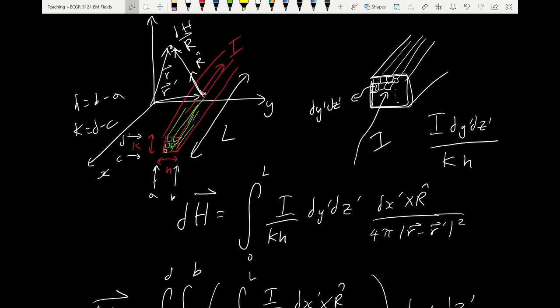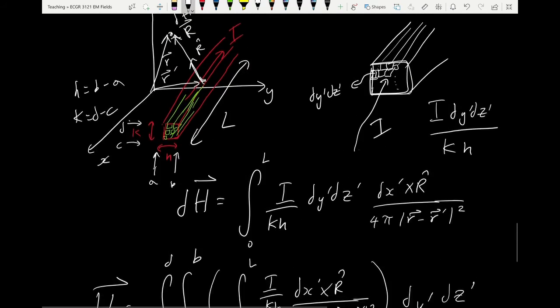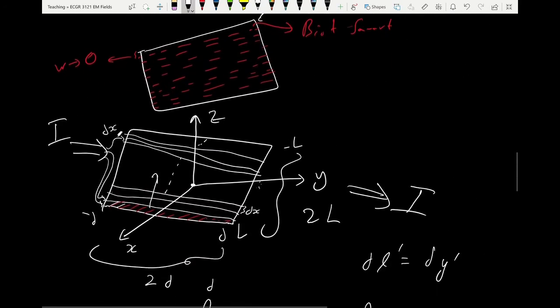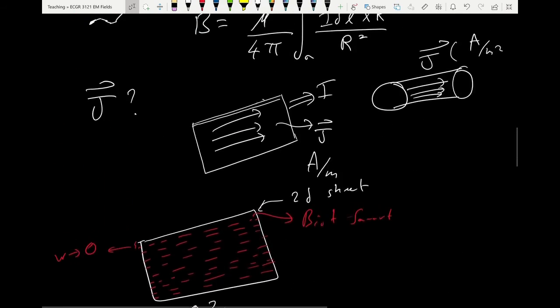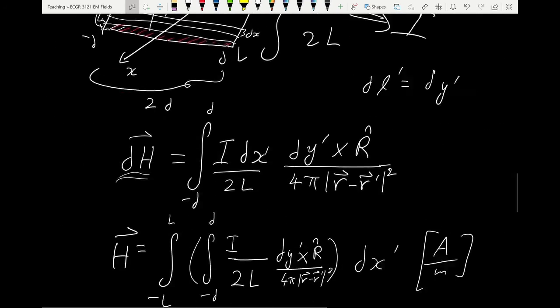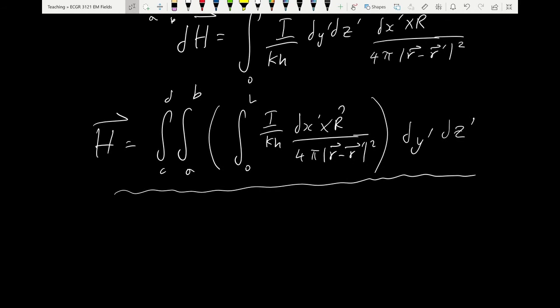So when it's a 3D object, I get a triple integral. When it's a 2D object, I get a double integral, effectively. When it's a single filament, I get a single integral. Okay, so we will do an example or two during recitation about using the Biot-Savart law,